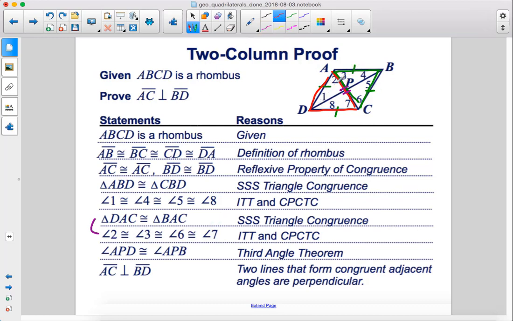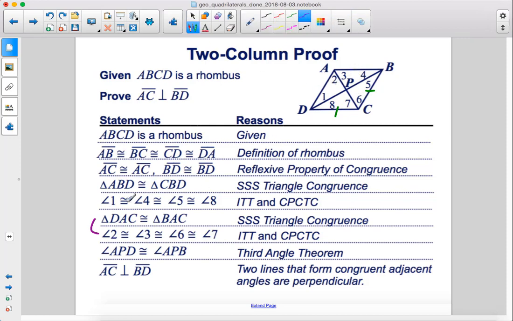Therefore, angles 2 and 3 and 6 and 7 are all congruent because of the isosceles triangle theorem, and corresponding parts of congruent triangles are congruent. Therefore, I'm just going to erase some of these lines to make room. Alright, so